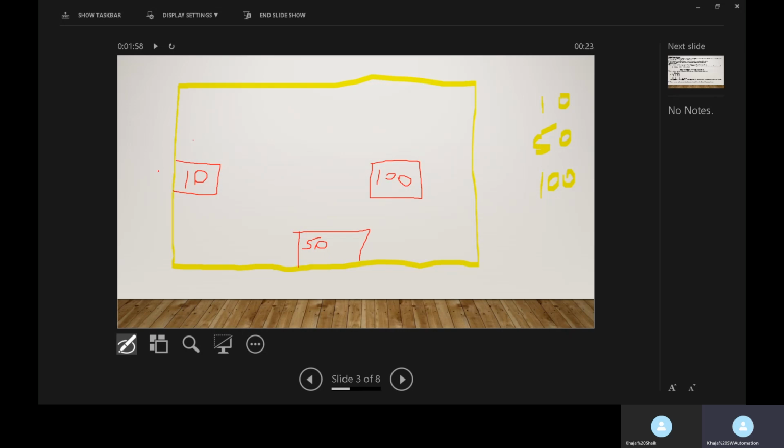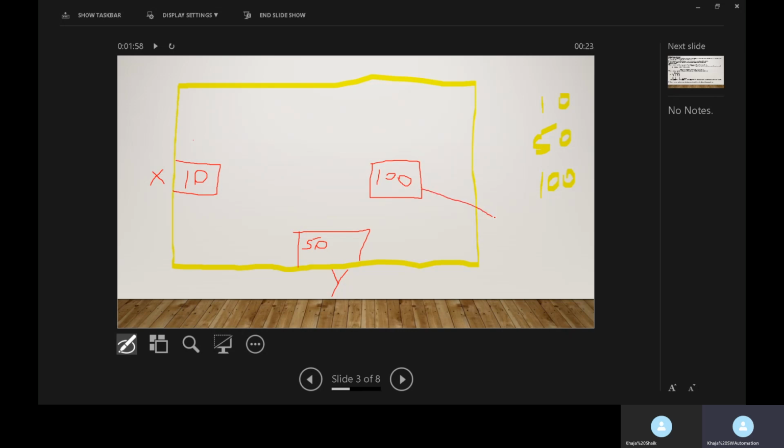Let us suppose for this location, to identify this value, here I am using one identifier X. So by using X, we can identify the location of 10 in the memory. Similarly, here I am using one more variable or identifier Y to identify location of 50 in the memory.